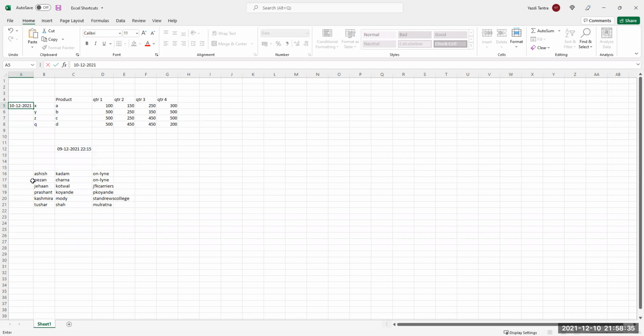Simple. Wherever I now want to insert today's date, you put the date as 10, 12, 2021. That means somewhere you have already told your computer that you want the date in this format, day, month, year. Obviously, my default format will come. Otherwise, if I want to change the format, it's a different thing. The default format always comes.